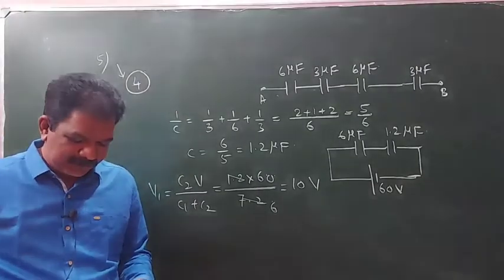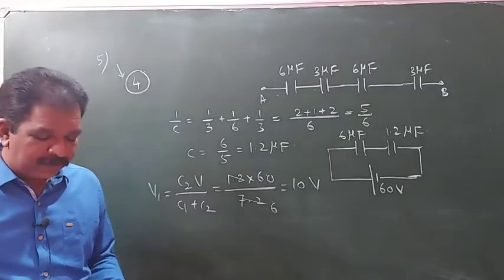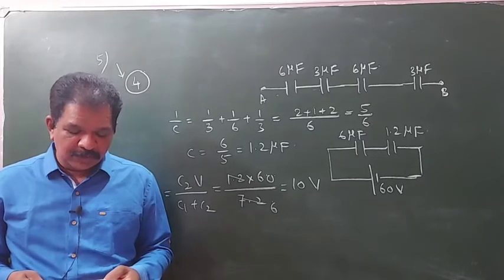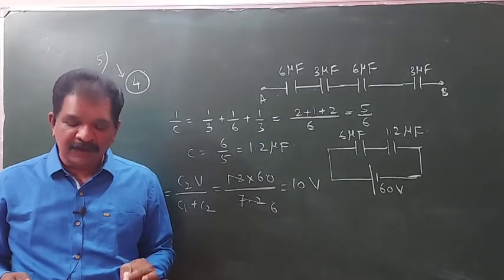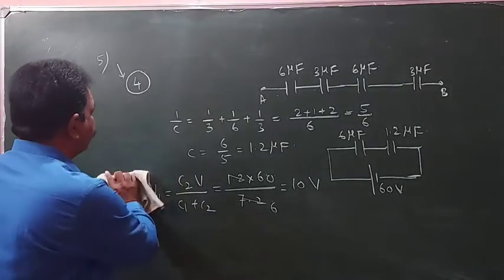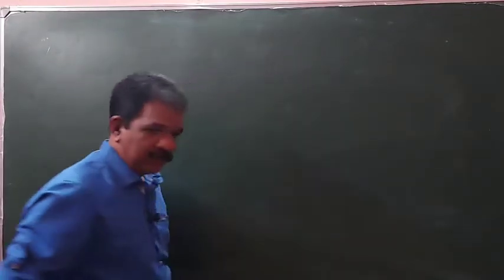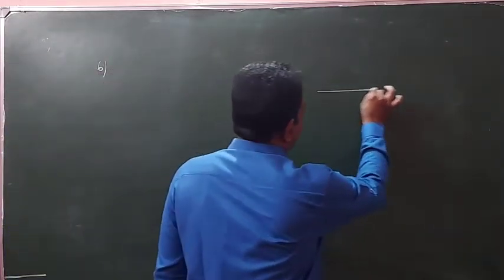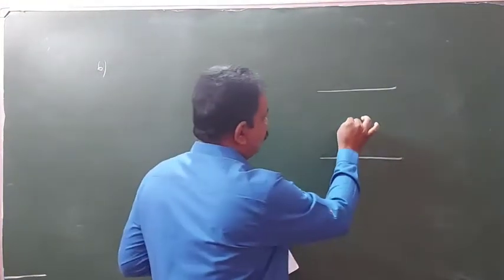Okay. Next, sixth question you see, small oil drop of mass 10 power minus 6 kg is hanging at rest between two plates separated by 1 mm having a potential difference of 500 volt. The charge on the drop is, simple question only. What they are asking, see. So here two plates are there, okay, and a drop is there in between them.